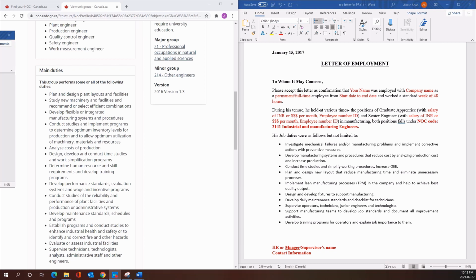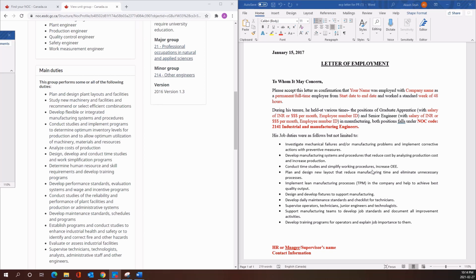Now, develop flexible or integrated manufacturing systems and procedures. Here what I have is develop manufacturing systems and procedures that reduce cost by analyzing production cost and increase production. Now, conduct studies and implement programs to determine optimum inventory level for production and to allow optimum utilization of machinery.